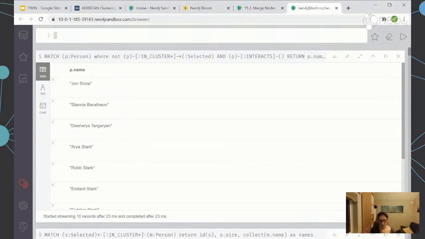So if we think about what HDBSCAN's doing, it's all about trying to pull the tightly connected groups together and pull them into clusters. But what it's probably not going to do so well is what happens if you've got certain characters or certain nodes that span different